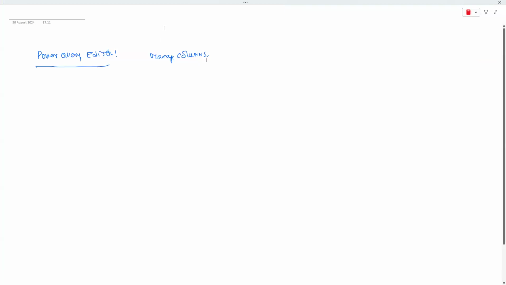One is going to be choose columns. Very easy, guys. Somebody just has to explain what the option is meant for. If you specify the option, anybody can handle the rest if you have a little bit of basic knowledge. Choose columns, and we have one more option called remove columns. The name itself suggests: tell me which columns you require, which columns you don't require,